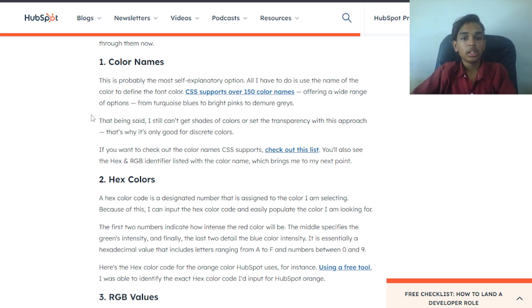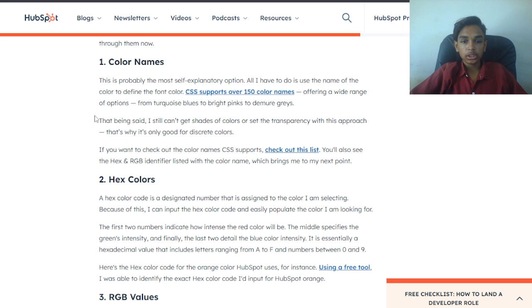Hex color. A hex color code is a designated number that is assigned to the color I am selecting. Because of this, I can input the hex color code and easily populate the color I am looking for. The first two numbers indicate how intense the red color will be. The middle two specify the green's intensity, and finally the last two detail the blue color's intensity.